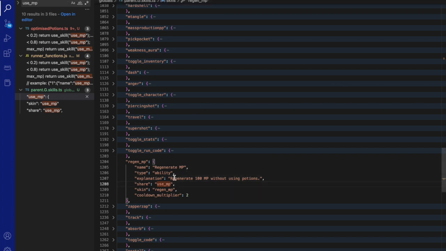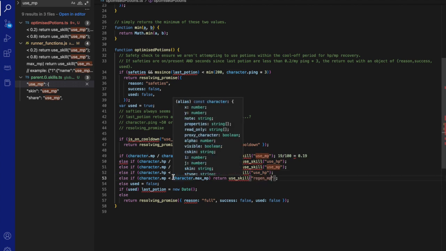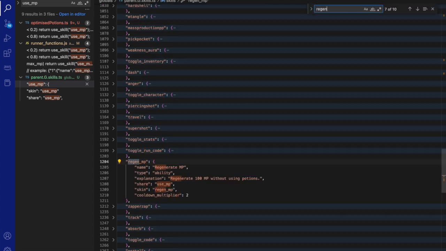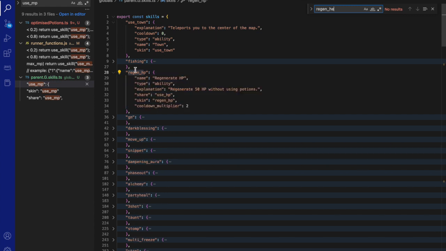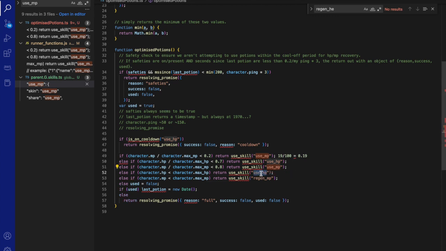So the name of it is this. Here, instead of using MP, we'll use that. I wonder if we have regen HP. Regen HP. There it is, right at the top. So exactly the same thing. So let's use that there. Regen HP. And then,